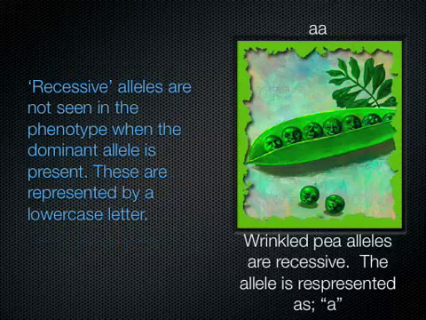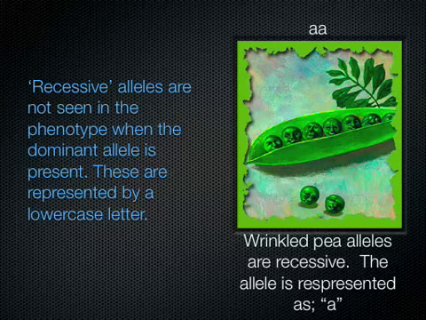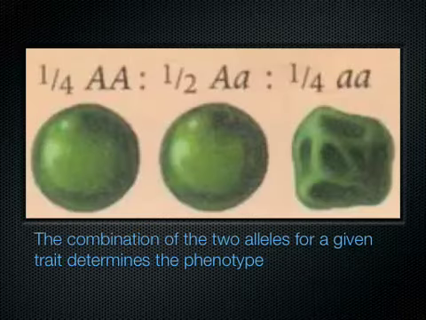Recessive alleles are masked by the dominant allele. If there is a dominant allele present, then recessive alleles are not even seen. So the other version of the pea pod is wrinkled. This is a recessive trait. So those funny wrinkled peas in the picture must have two lowercase letters since they are recessive in their phenotype. Lowercase a a is then the genotype of these peas. If there was a capital letter here, then the peas would appear round. So it must have two lowercase letters to show the recessive trait in the phenotype.